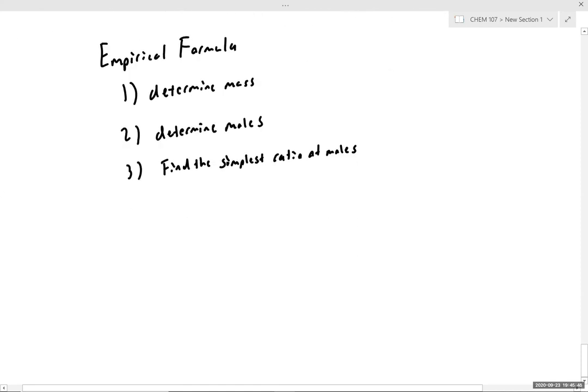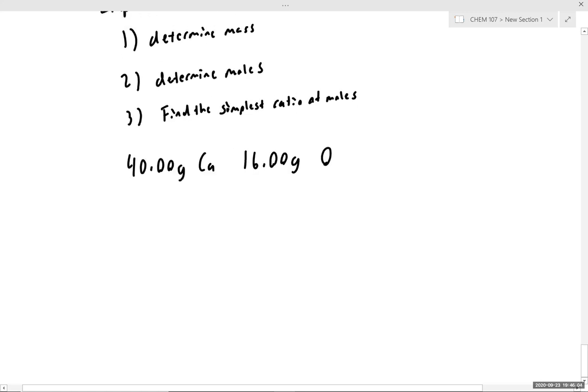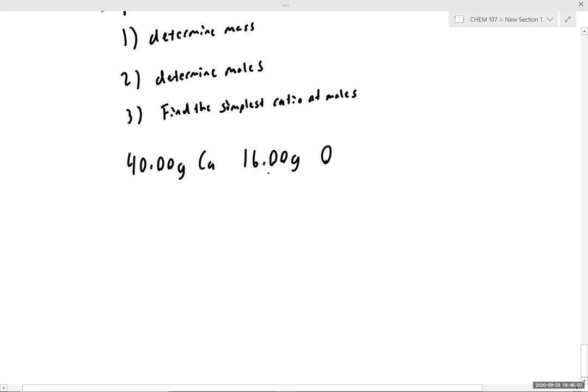So let's look at an example where we have 40.00 grams of calcium and 16.00 grams of oxygen in our sample. So then we have our masses. So step 1, we finished. Step 2, we calculate the mole. So the moles of calcium will be